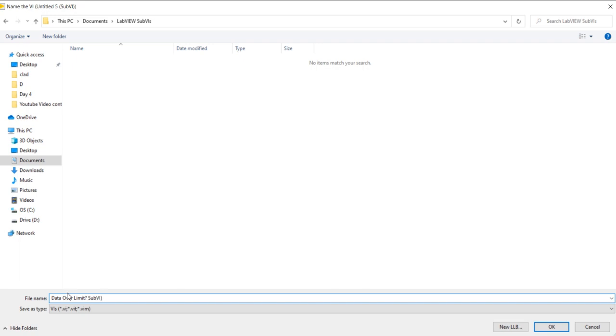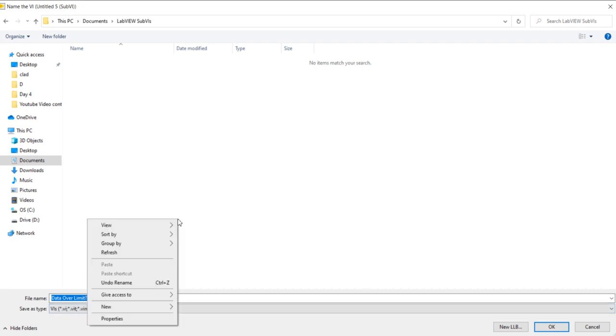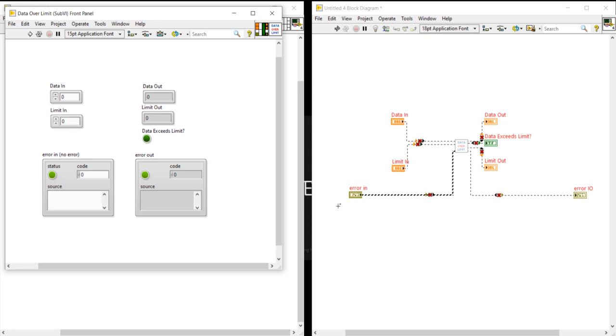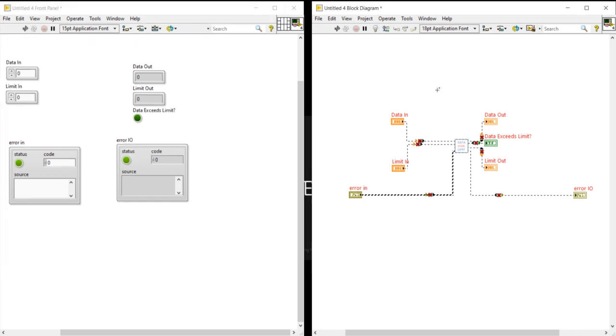Let's try to save. Data over limit sub VI. Now my data over limit sub VI has been developed.